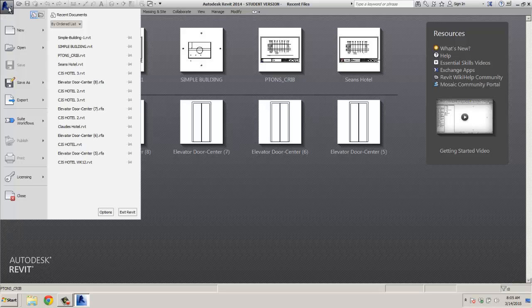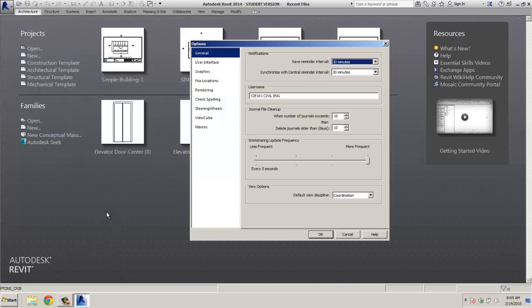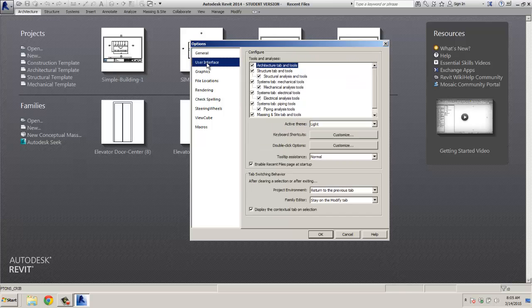And we're going to see there's an options section down here somewhere. Options. And we see a user interface. And what they're asking us to do under Tools and Analysis is shown in Figure 2. We want checked off all of these things. I just want to make sure we're customizing this the same way. Enable recent pages. So mine looks like it's already set up. It says you can also specify file location. So if we click on this one,